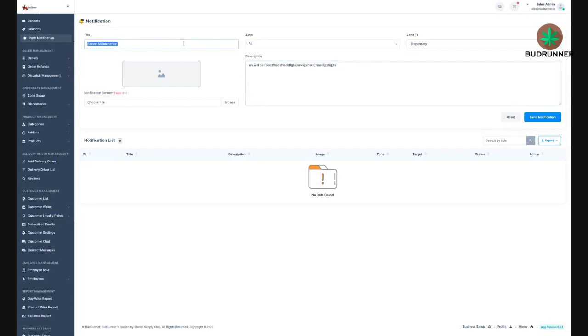Dispensaries can also do the same idea as a push notification. I like to call them messaging blasts, and put a blast out on it. So earlier, like get a free pre-roll to the Bangor Market, and from a dispensary. Our interface looks a little different from the dispensaries. They still have access to this, but instead of zone and send to, they'll have access to customer, and then they can send to the customers from theirs,